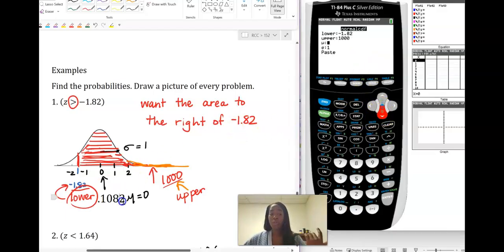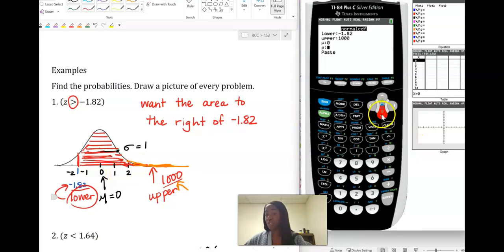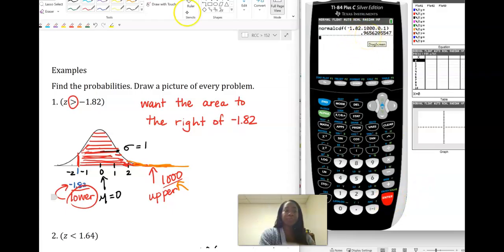We do know that our mu is 0 because our mean is 0 in the standard normal distribution, and our standard deviation is 1. I'm going to hit enter on paste, and I can see that I've typed something in wrong, so let me go fix that. Oh, very great mistake for me to make. You don't want to use this minus sign for your negative. You want to hit this negative down here if you're using your calculator for -1.82 when you're putting in your lower bound. And then it gives us about